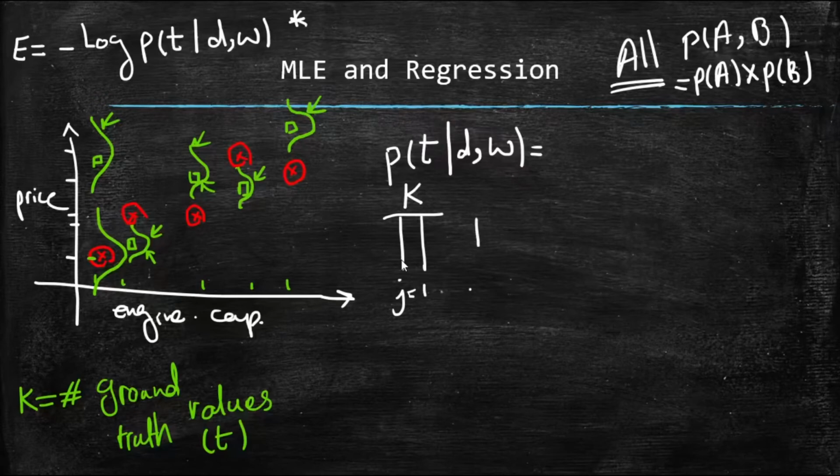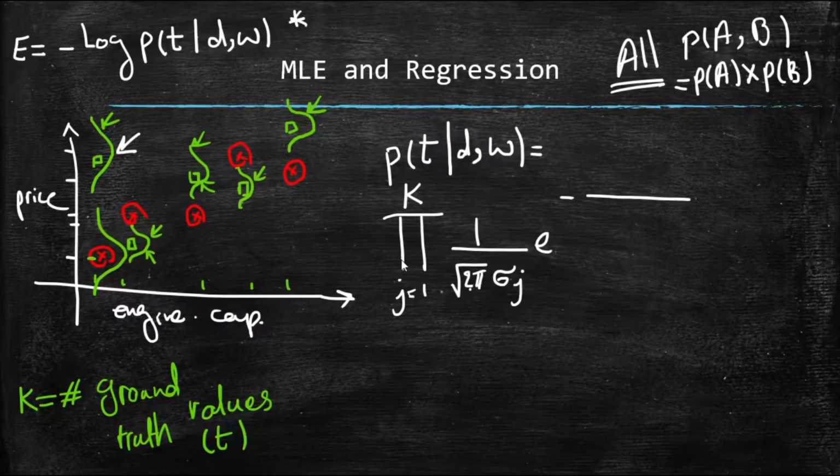And then the formula of my Gaussian, again, I have 2 pi here. I have a standard deviation sigma j. Why? Because each one of these Gaussians has its own standard deviation, or spread, how wide or how narrow it is, multiplied by the exponential of, and this is what we have in the power,